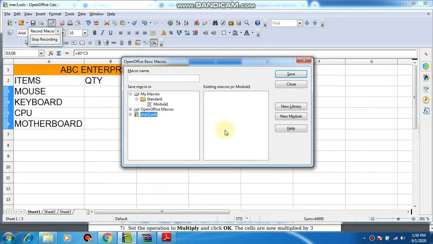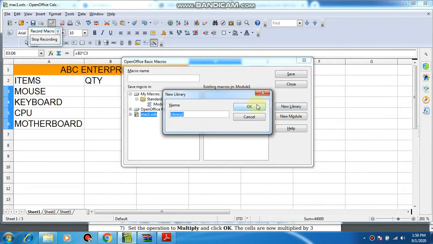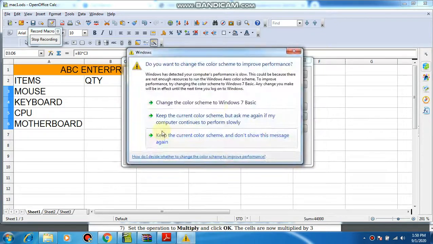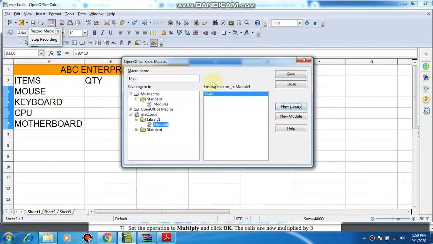I can create a new module or a new library in this. The one library that is created by default is the standard library. I can create a new library here. So there'll be one standard library and one Library1 which I have created. I can create a new module as well if I want, or I can create my macro in Module1.